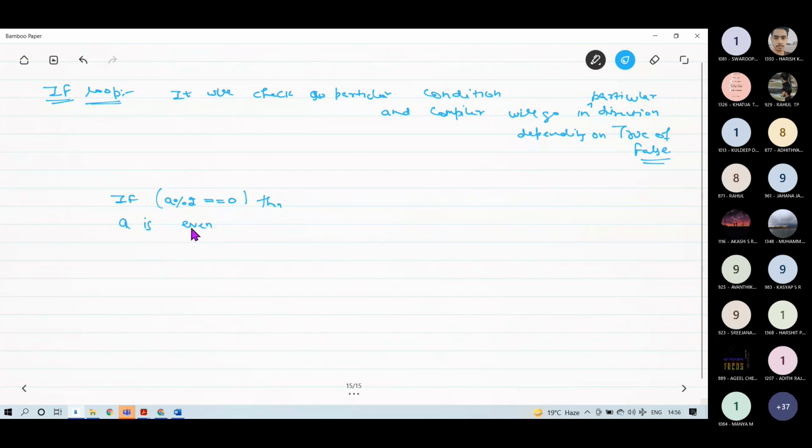Now in this if loop, it will check whether this particular condition is true. If this condition is true, then it will go inside the body of this if loop, otherwise it will directly come outside the body of this if loop. And you can write else. If this condition is true, then do this, else write a is odd,